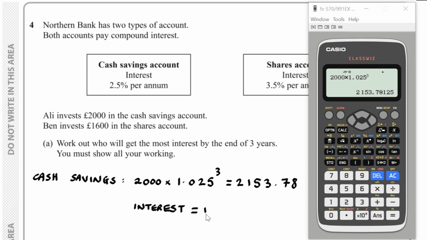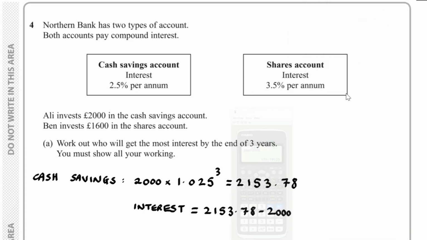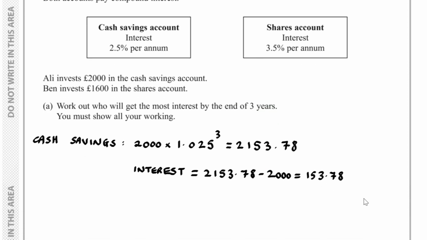that's equal to 2,153.78 subtract 2,000, and it turns out the interest is £153.78. And if I take a look at the